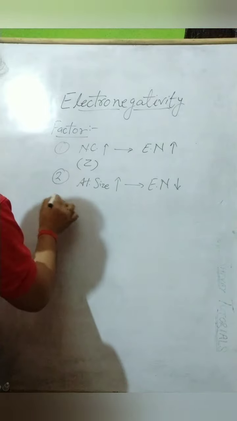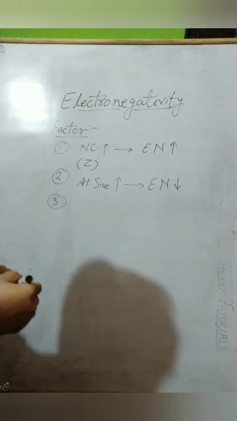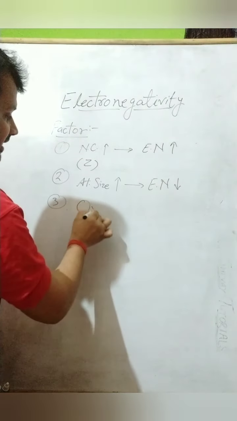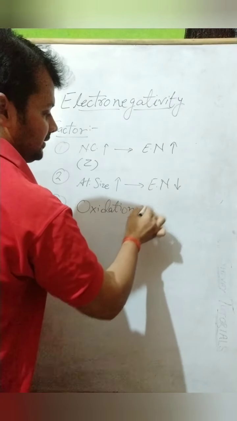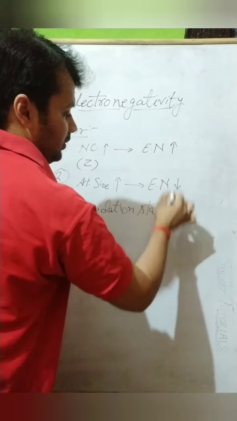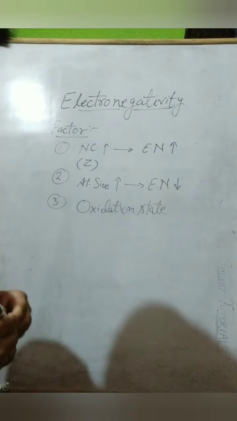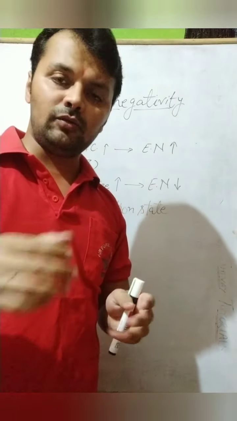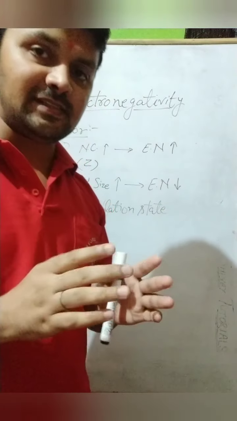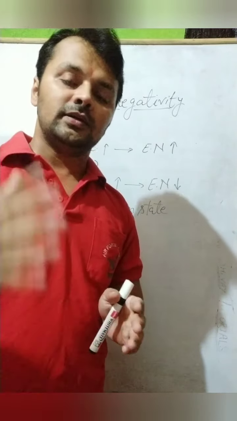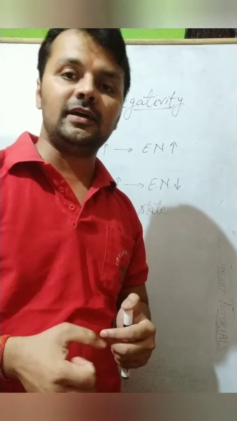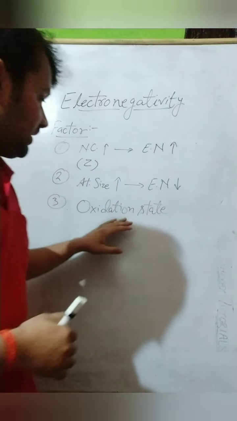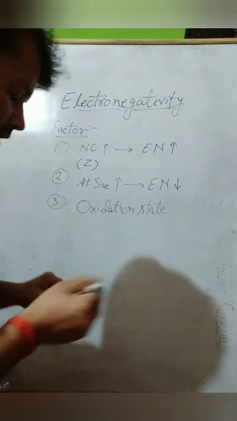And the next is oxidation state. What is oxidation state? You must have heard about it, that valency. Okay, valence. So when the valence is calculated, then the oxidation state is more clear. That maybe we will discuss in the later videos. So here I will tell you just a normal example.